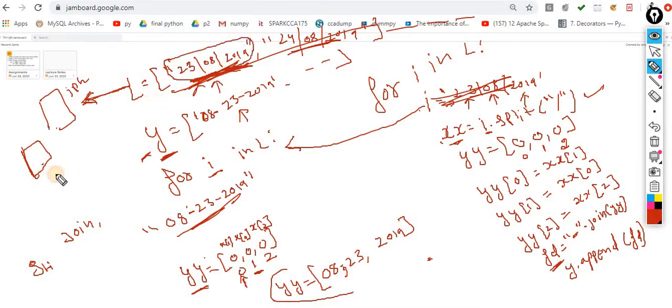But when I have to process it, I have to send this data to another application, and that application takes the data in this format. So what do I have to do? If I give this format, I will get an error over here, because this is not an appropriate format. Then what I have to do is convert this data into this format. This is the concept of data pre-processing.